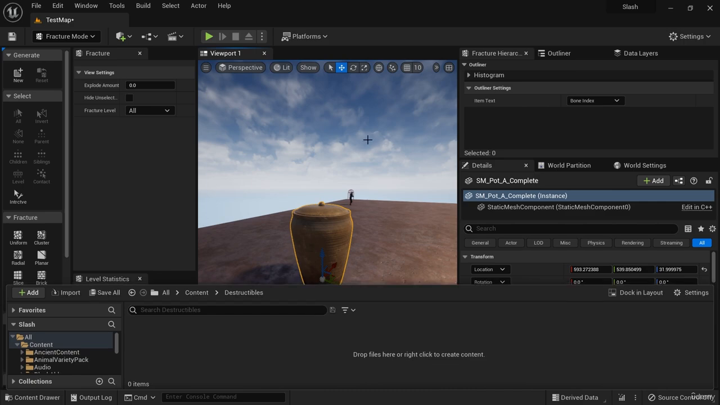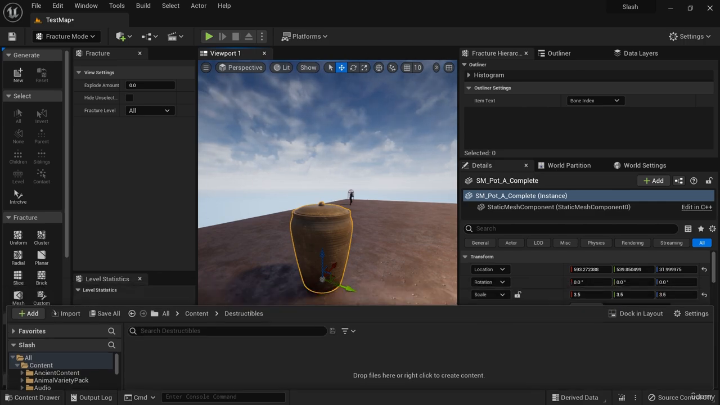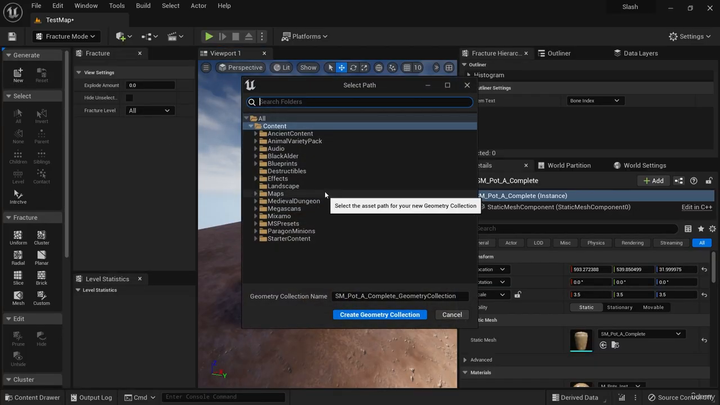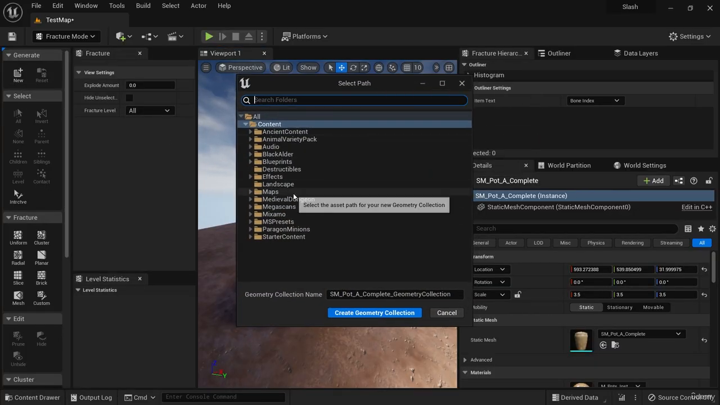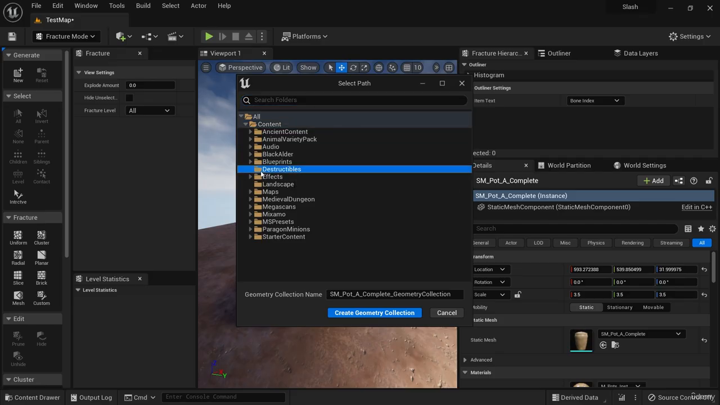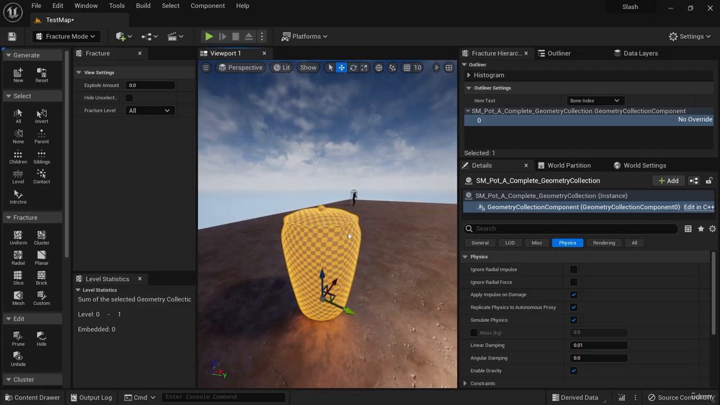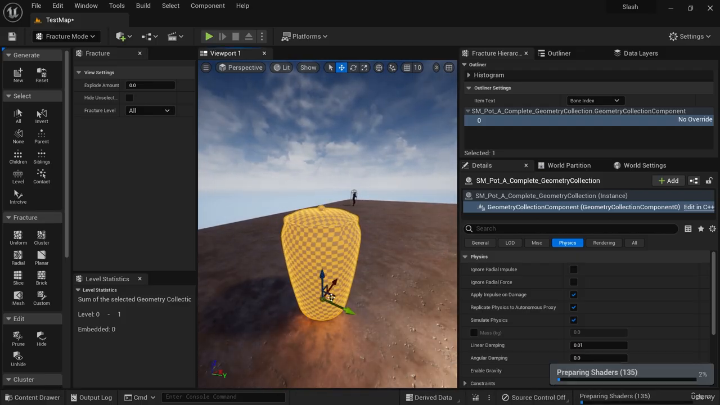Now, a geometry collection is basically a set of static meshes that we get after we fracture a mesh. If I press New, it's going to ask me where I'd like my new geometry collection. I'm going to select the Destructibles folder, and it's going to name this SM Pot A Complete Geometry Collection. I'll go ahead and keep that name and click Create Geometry Collection. As soon as I do, you see that the material changes,